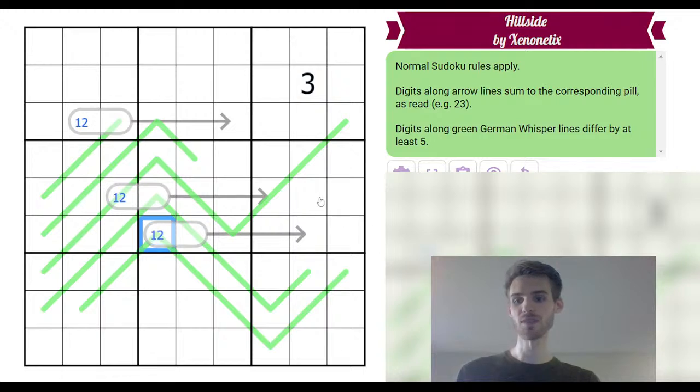Yeah, I might have gotten 50-50. And then German Whispers have to be 5 different. We just did a Dutch Whispers, but I'll do